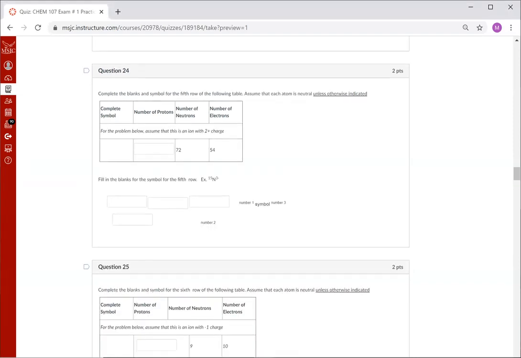In question 24, we're asked to fill in the blanks and symbol for the 5th row of the following table. In this case, we're asked to assume that this is an ion with a +2 charge. So then we can solve for the number of protons by taking the number of electrons minus the charge, which in this case